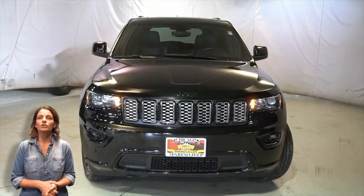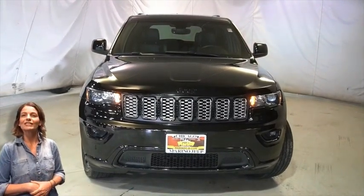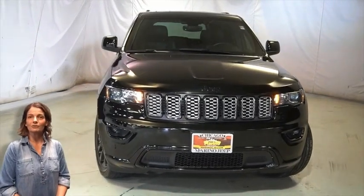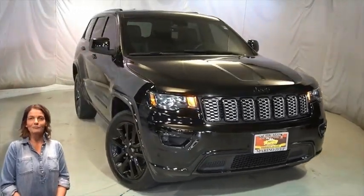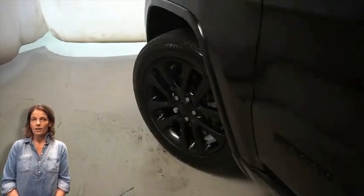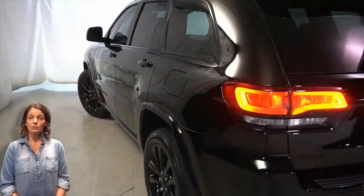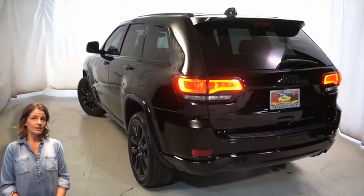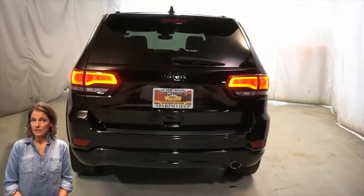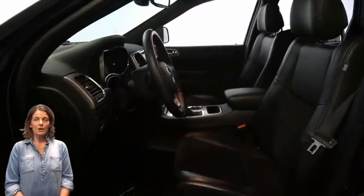If you're looking for a functional SUV with reliability and safety for the whole family, then take a look at this certified pre-owned 2018 Jeep Grand Cherokee Altitude in diamond black crystal pearl. With black headlamp bezel finish, front fog lamps, 20-inch aluminum wheels, gloss black Jeep badging, black daylight opening moldings, black lens tail lamps, heated front seats, heated steering wheel, 46,000 miles on the odometer,